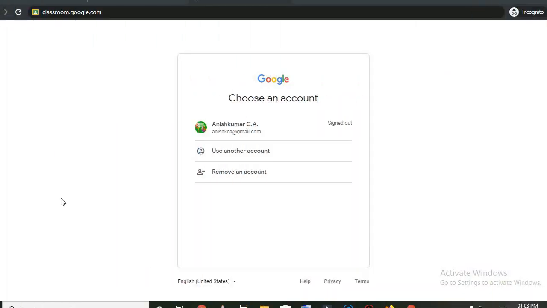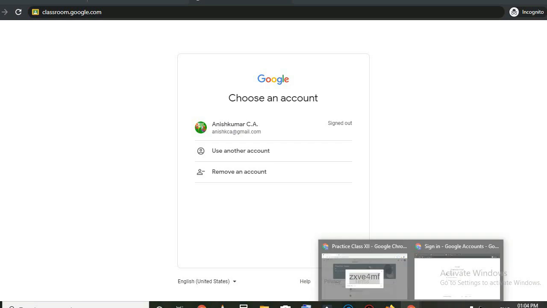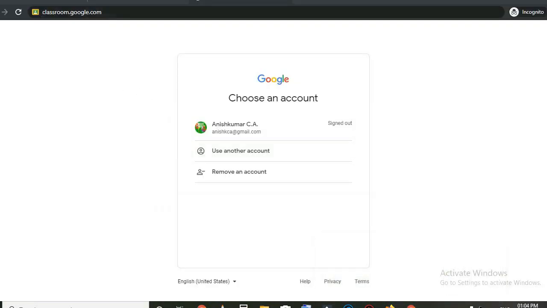If you don't get any link, you can log in to this classroom by using a laptop or a desktop. First of all, I will explain how to enter the classroom by using a laptop or a desktop. So take any browser, maybe Google Chrome, click here and enter classroom.google.com and log in with your email address. That may be a student or a teacher. Just log in.